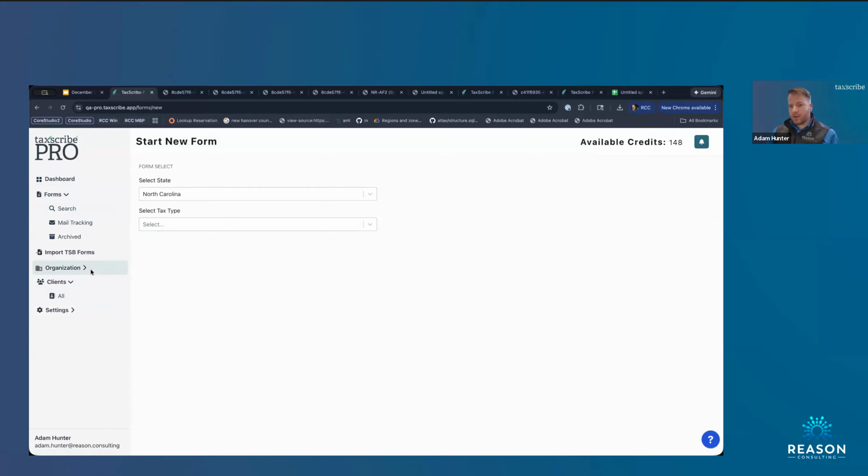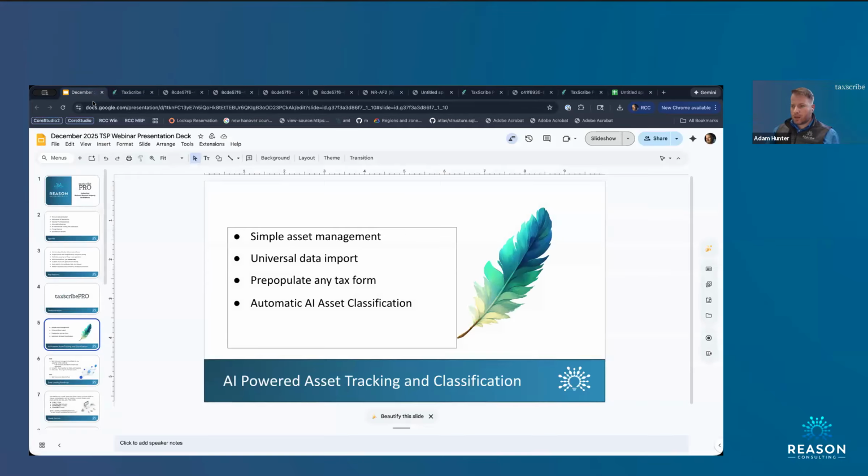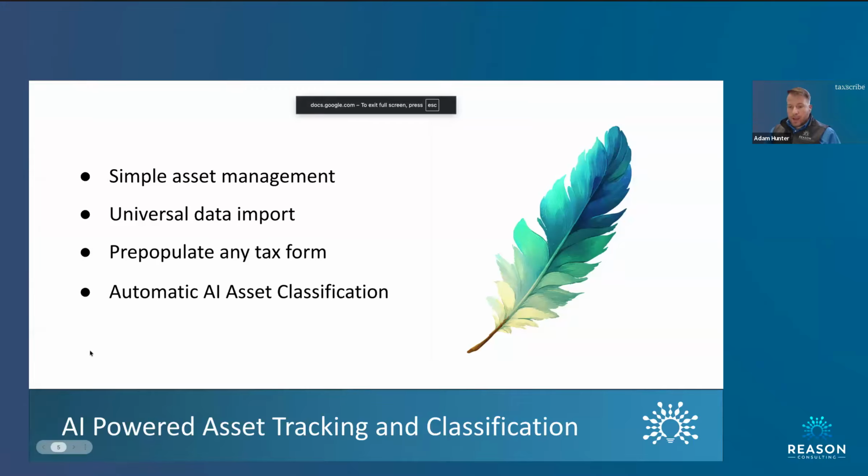So I'm going to switch back from the demo into the slide deck so I can talk a little bit more about the features that we're going to be building in here. And let's go ahead and press these buttons. So as I mentioned, you saw our clients and locations interface. On top of that interface, we're building a simple asset management platform, which allows you to, for any given location or for a number of locations, do an import of data, which will take the spreadsheet that you've ingested,